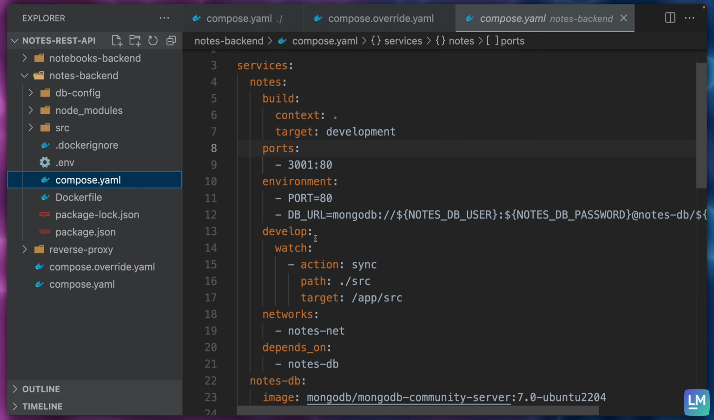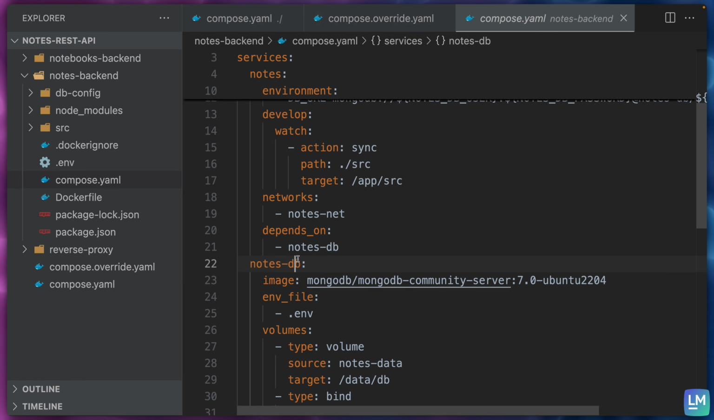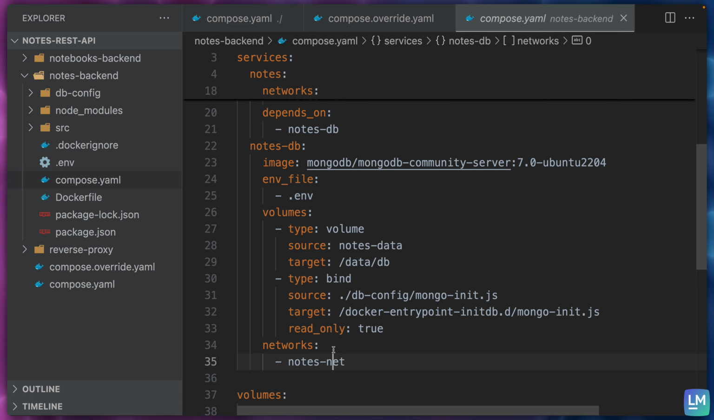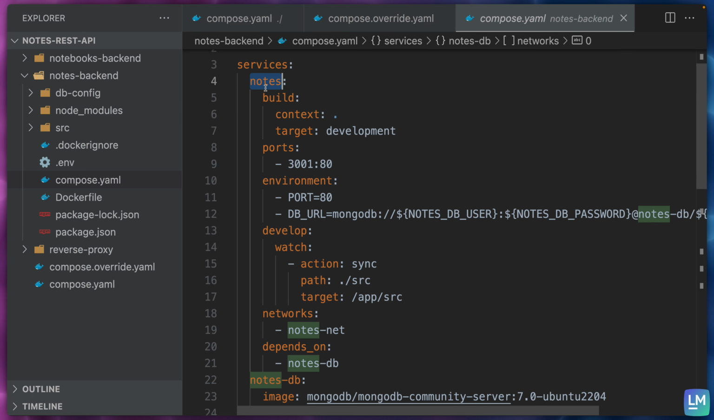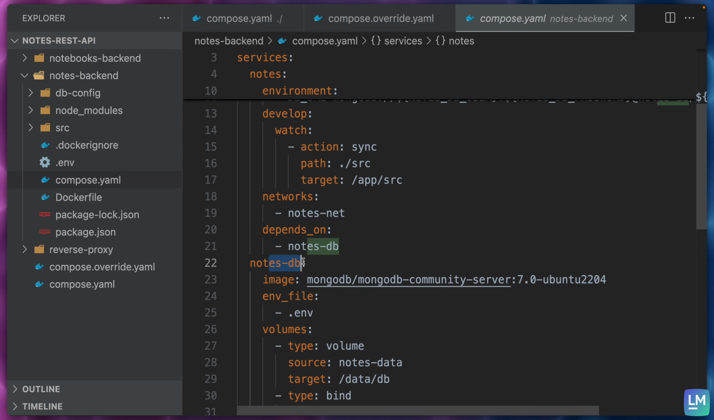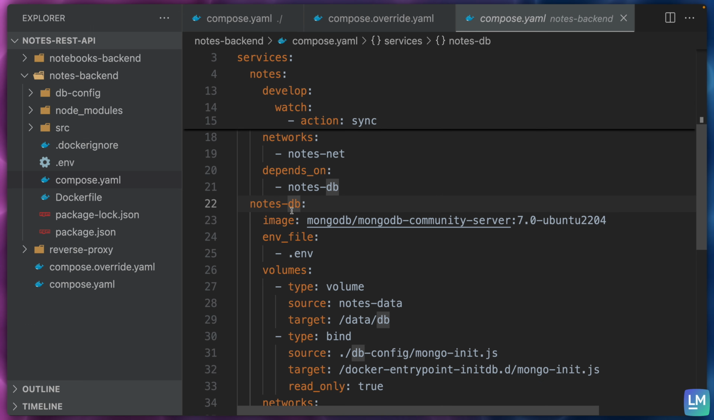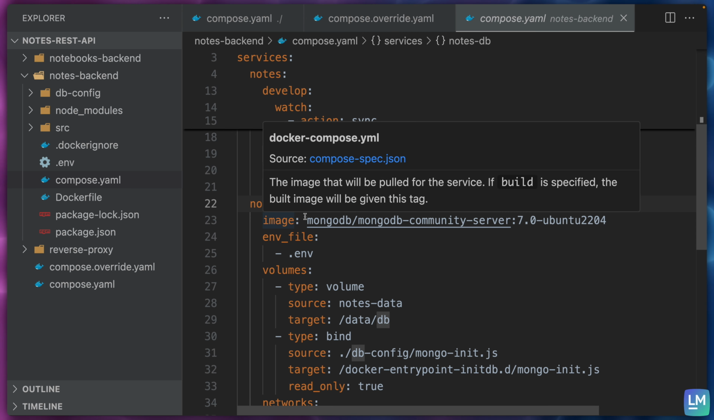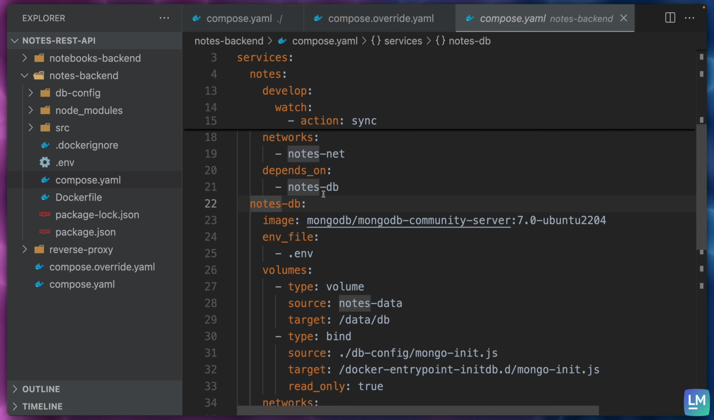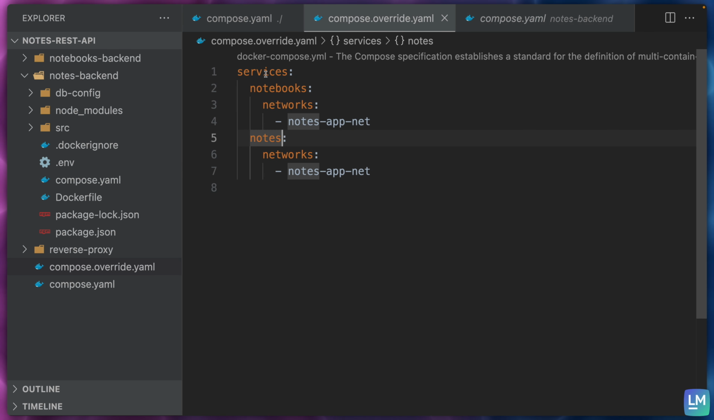If we look at the compose.yaml, the nodes database is included in the nodes net. That means that the nodes service can reach out to the nodes database. However, the reverse proxy cannot directly connect to the nodes database by using its name. This is intended, and it provides a layer of isolation between our reverse proxy and the database itself. That's great. So we have created this compose.override, and we can then add new values here